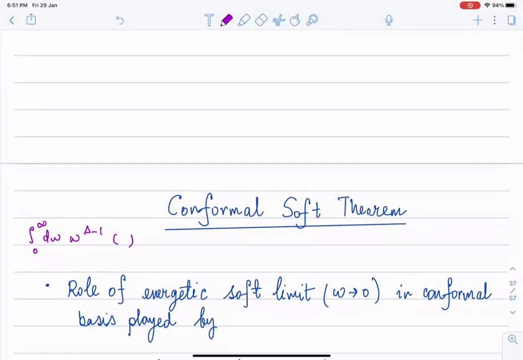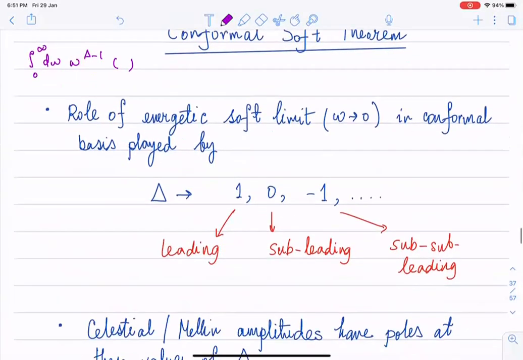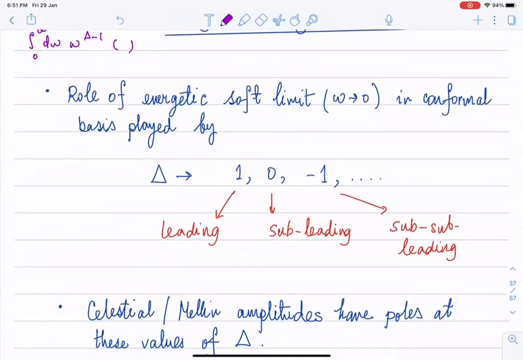So then something has to replace this notion of omega going to 0. Okay. Then it turns out that the thing which plays the role of this energetic soft limit in the conformal basis is basically the following. If you take these conformal dimensions, which are denoted by delta, and if you take certain limits where this delta tends to some specific integer values, then